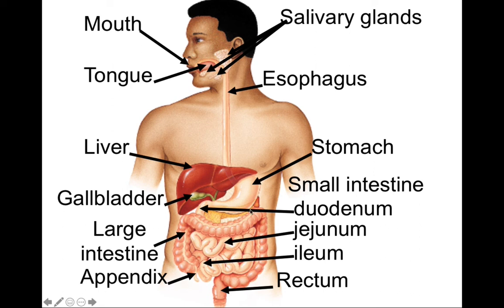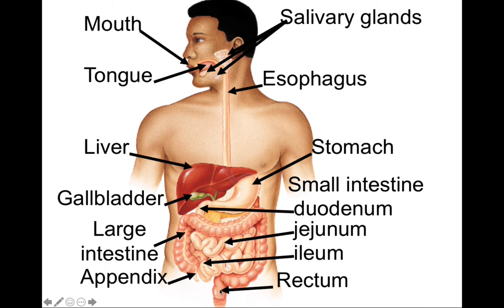Now also back here, not labeled on the slide, is this little orange and spongy looking organ that's found here behind the stomach. This organ is known as the pancreas, and the pancreas is one of my absolute favorite organs that we have. The pancreas is one of my favorites because it has both an endocrine function and an exocrine function. But here in the digestive system, we need to focus on the exocrine portion of the pancreas. So we will come to see a bit more about the actions of the accessory organs, but